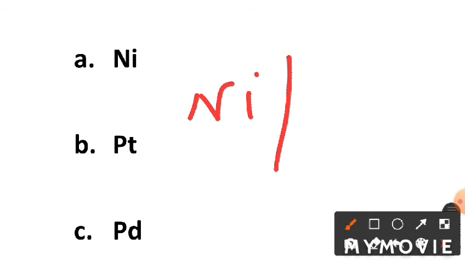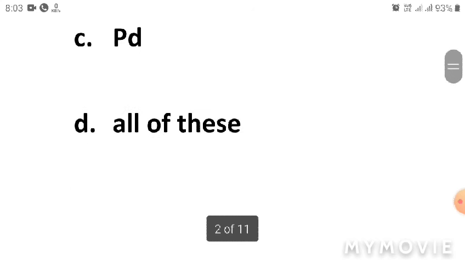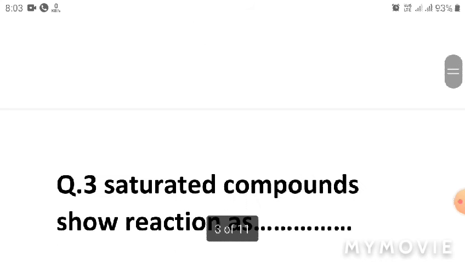Here catalysts like nickel, platinum and palladium are used, and they help break the double or triple bond into a single bond, and in this way it converts into another compound. So here the answer is D. Now in this way we see that